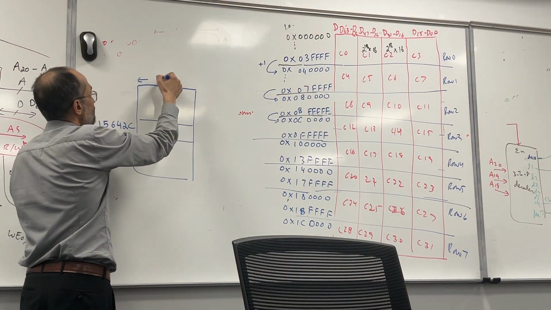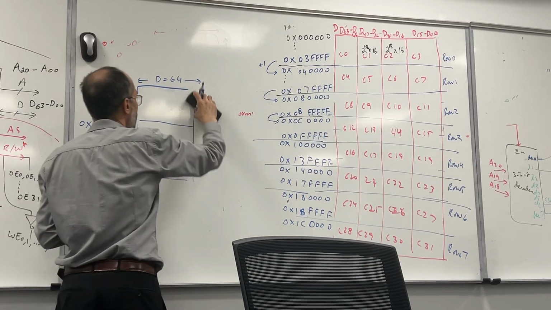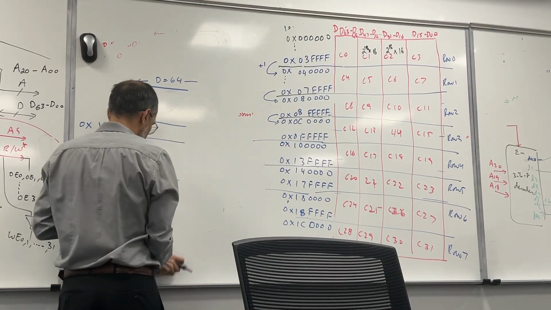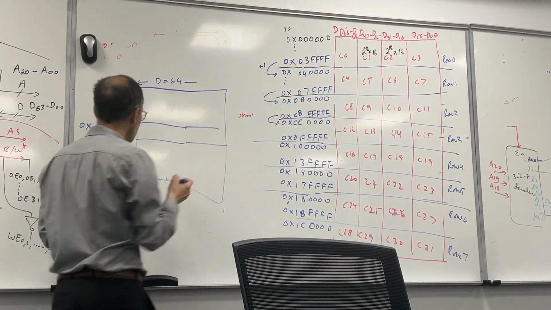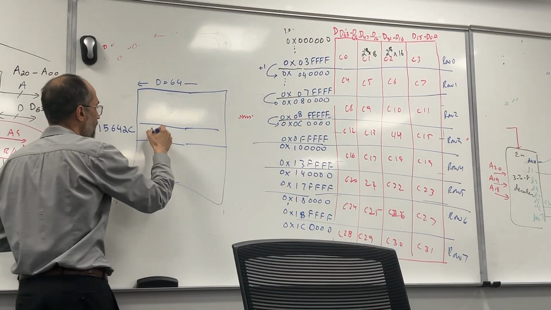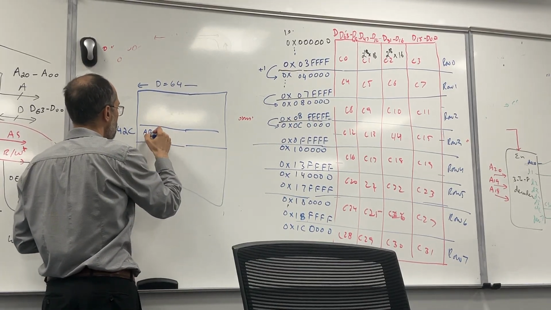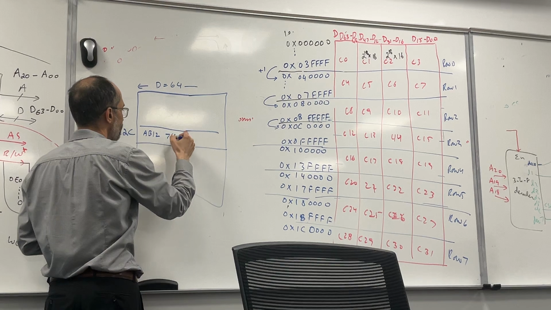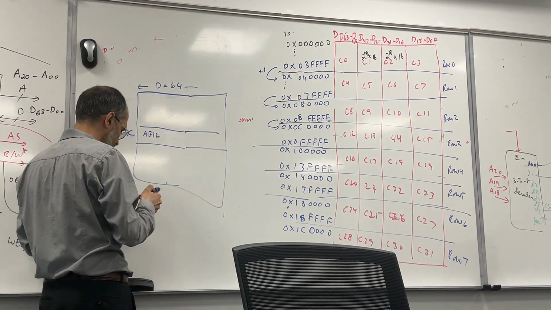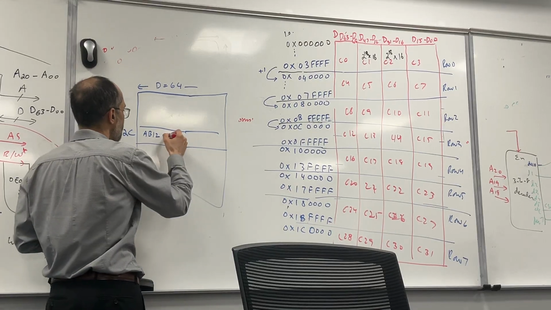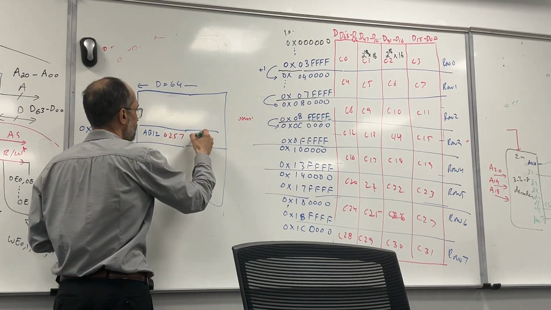What is D here? D is now 64. Remember, D is now 64. If D is 64 here, let's say we want to access this data: A, B, 1, 2, 7, 6, 5, 1. Now I'm going to use different colors. Why I'm explaining it: A, B, 1, 2, 6, 2, 5, 7, 9, A, 1, C,